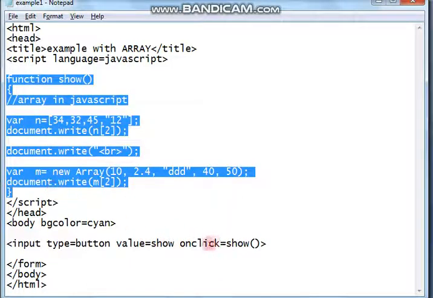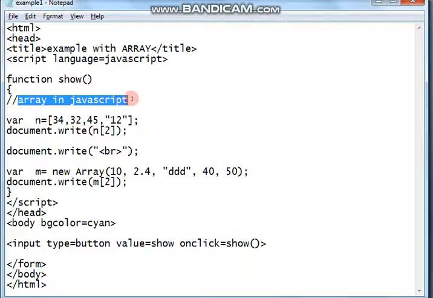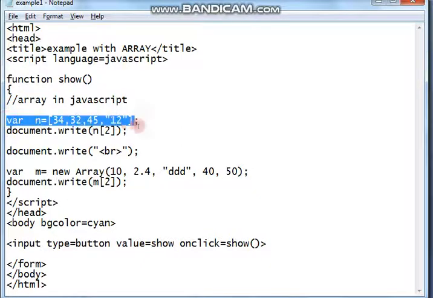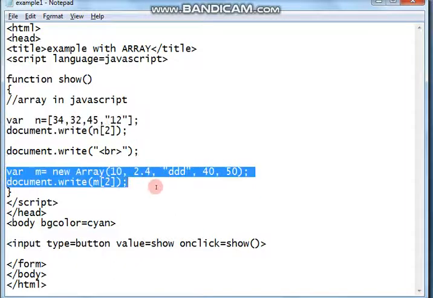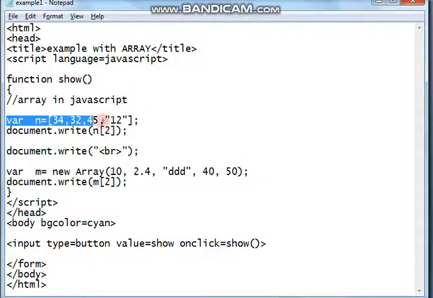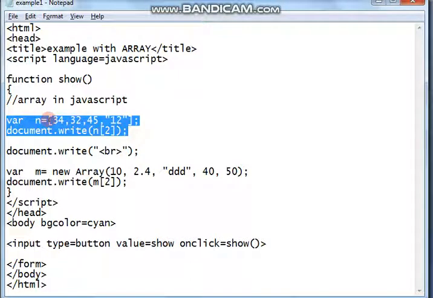As we are clicking on the button, the button is running the show function. So this is the show function, under which I gave a comment, array in JavaScript, and both the syntaxes I have implemented here. This is one and this is the second one. So the first one you try to understand. In this case, the variable n I declared with 4 values, that is 3 integers and 1 string.